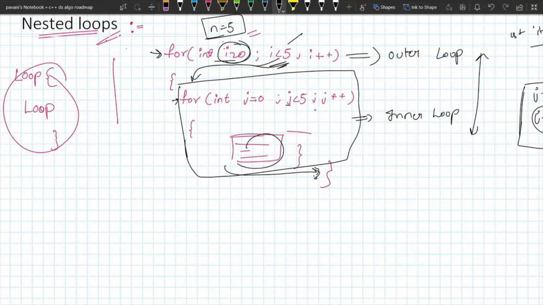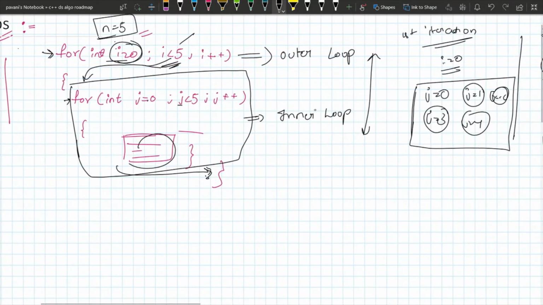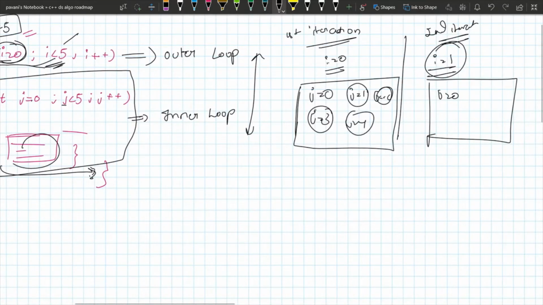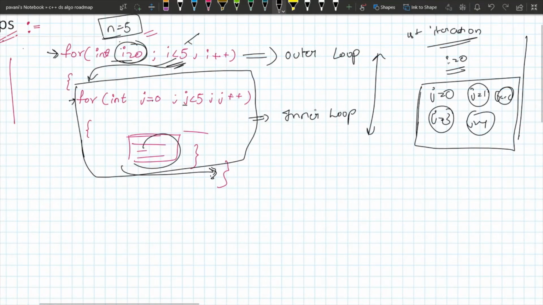For j equal to 0, again j is initialized here, again j equal to 0, j equal to 1, j equal to 2, and every time the outer loop condition is true, the 5 iterations of the inner loop are possible.